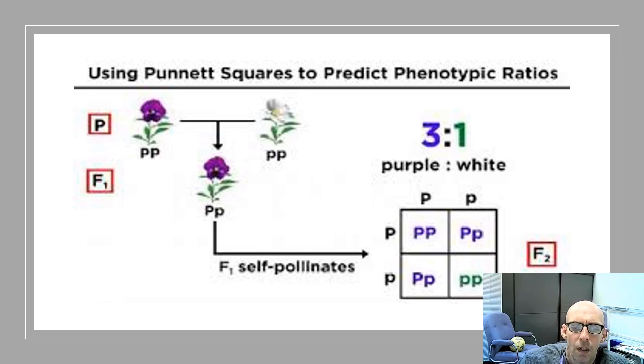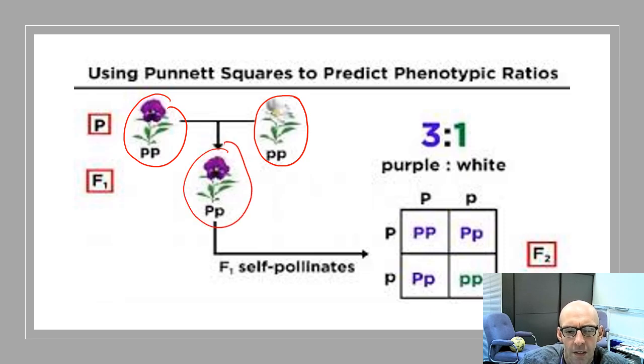Different example. Here you've got the dominant purple plant. Here you've got a recessive white plant, small peas. Then you've got this plant here that has, and this is where this is supposed to be 2 capital P's like this. This is supposed to be little peas, and this one is supposed to be a big pea and a little pea because they've got those genes. If you put 2 of these together, that's what they're doing here. A capital P and a small p, a capital P and a small p.